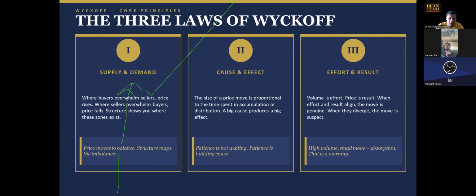So when prices are rising and volumes are high, but when prices are falling, volumes are low, it shows that the effort is on buying side, the result is produced on buying side. But when volumes are reducing on sell side, the effort is less on sell side, so result will be less on sell side. So how to identify whether the effort is buying effort or a selling effort, that will be discussed in one separate session.